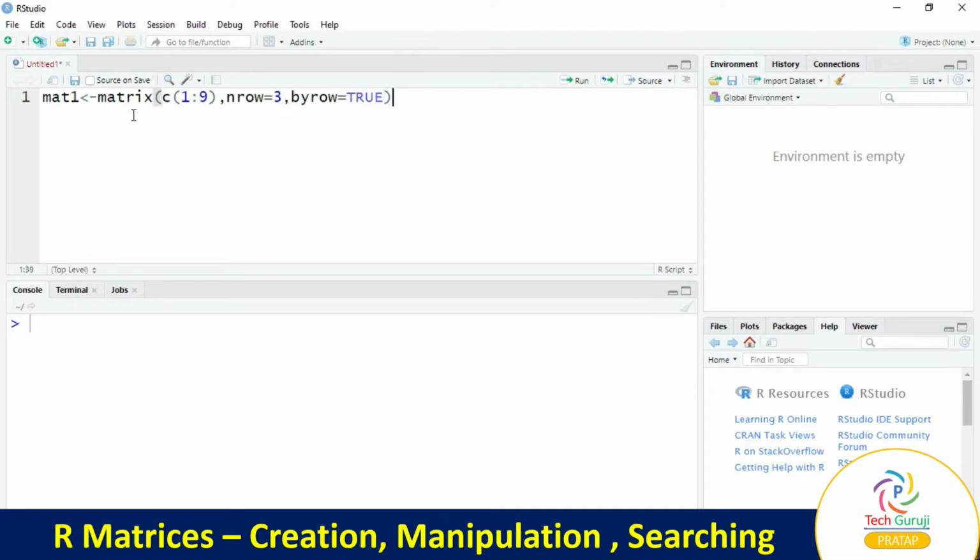We'll give the dimnames afterwards. So these are the required parameters to create a matrix.